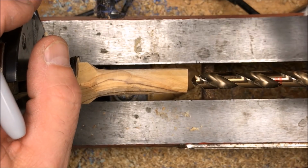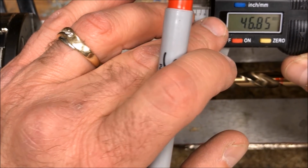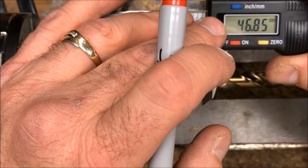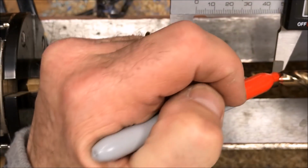I stopped drilling because I realized I made a mistake. I set my calipers for 50 millimeters, and I really want to be somewhere between 46 and 47 millimeters to accept the nib and the section. So I'm going to bump this up to about 47 millimeters, and I'm going to remark my bit